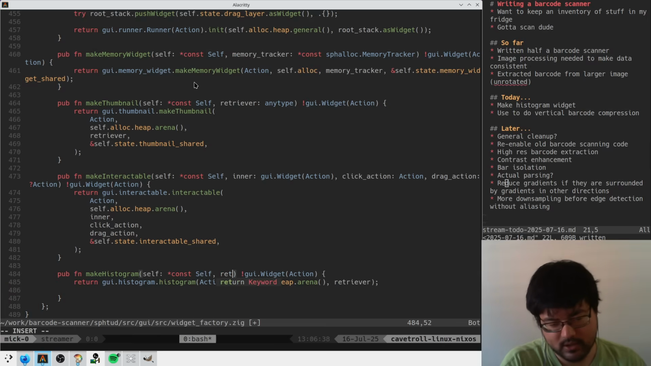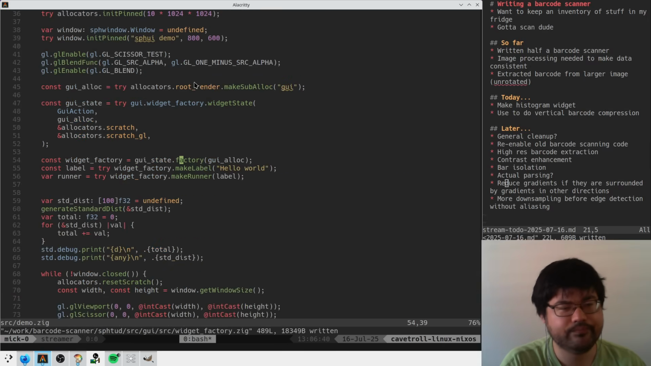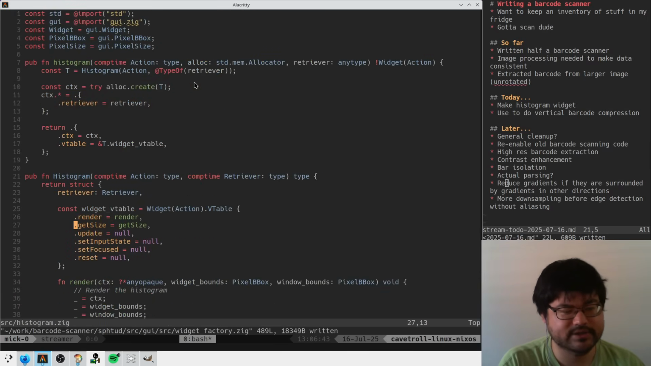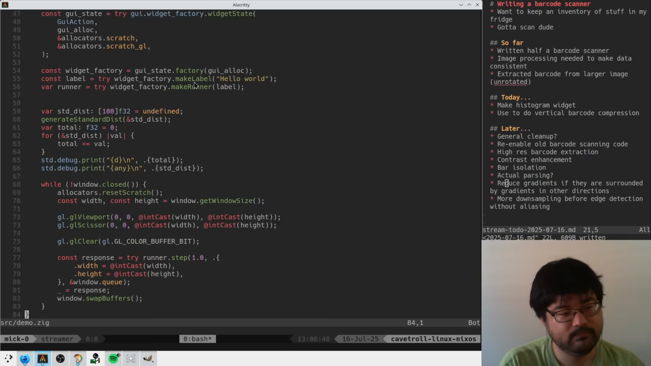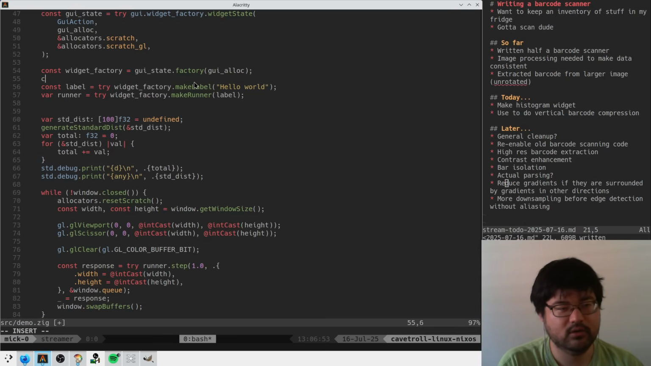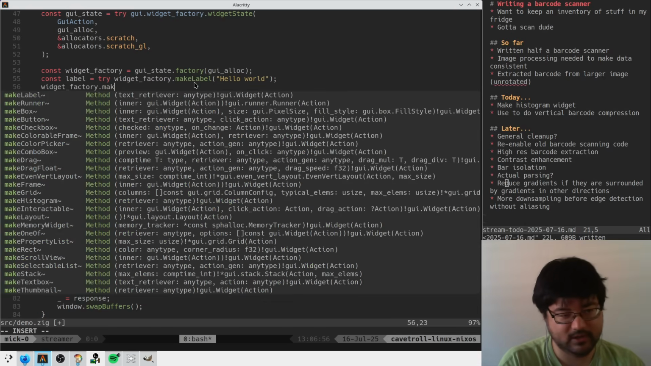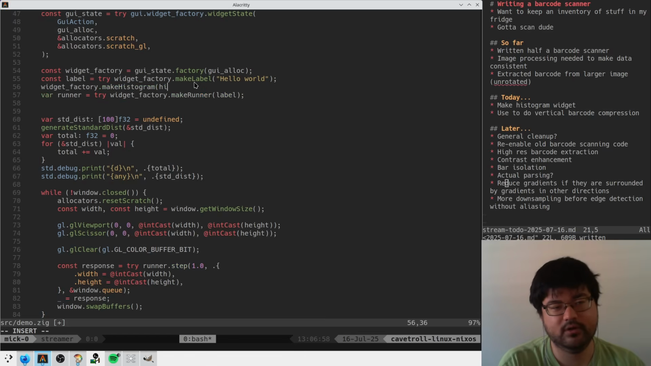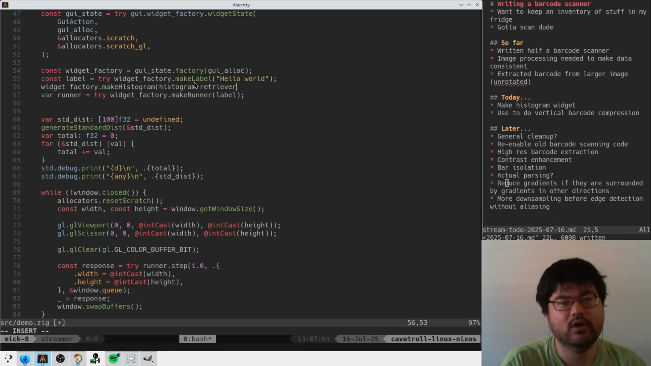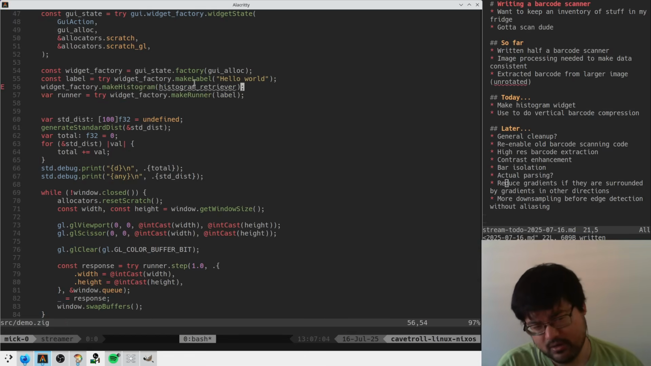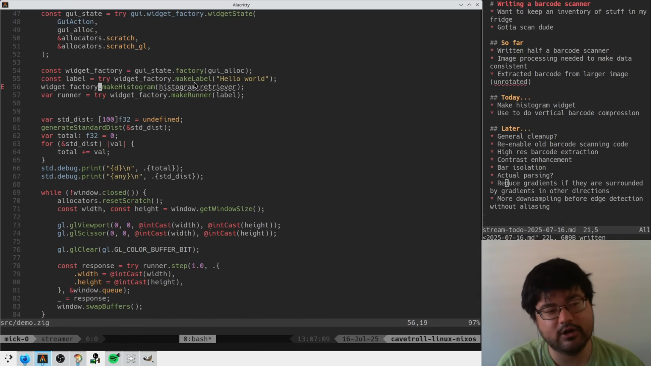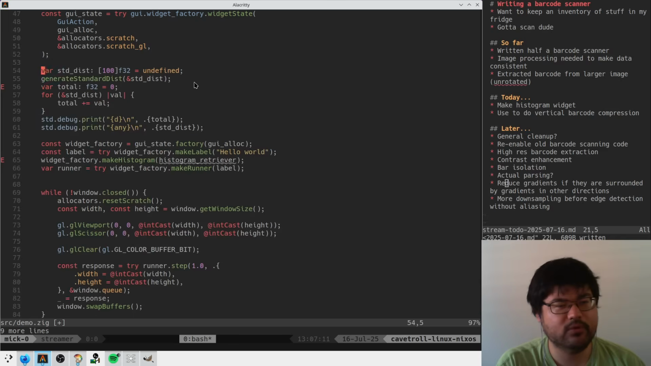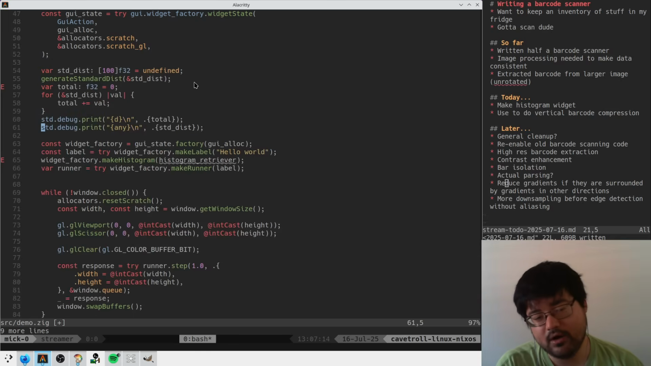Which means retriever needs to go here. And then that means, you know, where we were, demo. We can do something like widget factory make histogram with histogram retriever. And what we need to figure out is, what is that interface? What makes the histogram go, I've got new data? I guess for now,